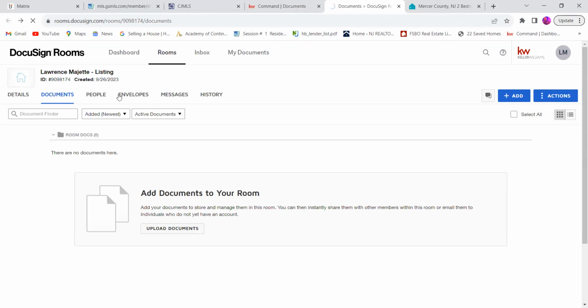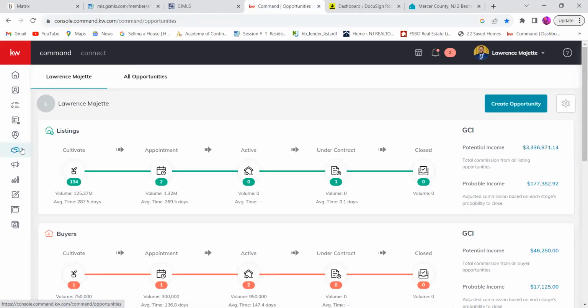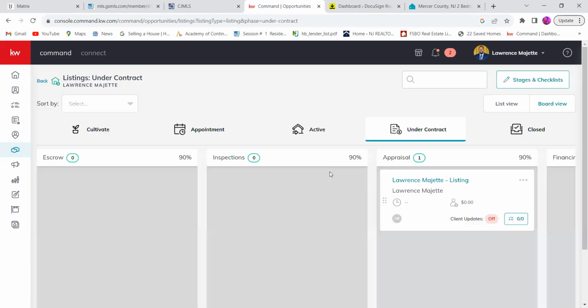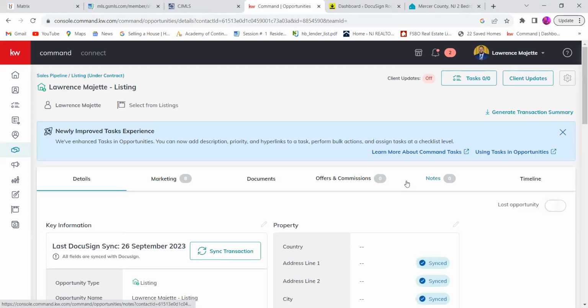Hold on, because I'm already in DocuSign. This bar is always in the way. Okay, so how I got to the documents list. So I'm gonna go back to opportunities. So now we're on the opportunities page, right? All I did was click on where my opportunity is, and I clicked on my name, and it brings you up to, so basically, this is like your contacts page,